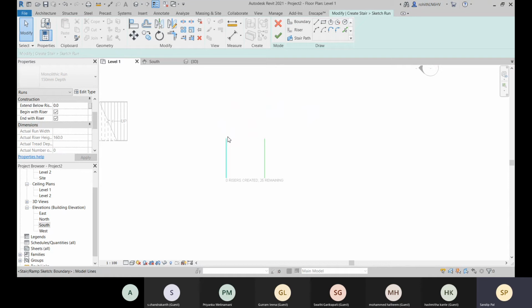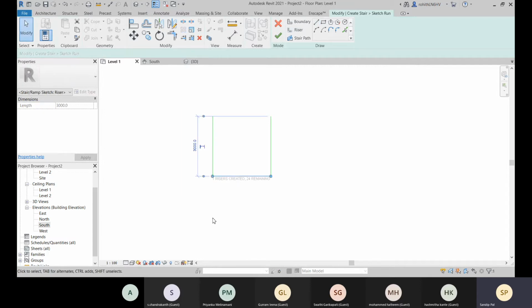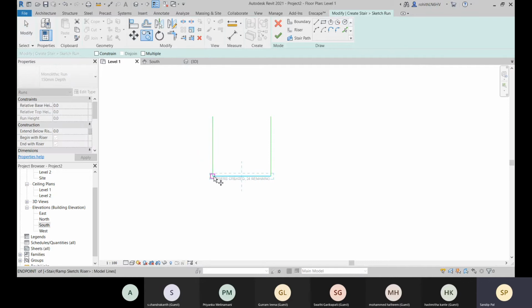The boundary cannot be closed, so we will specify the riser. This is the riser we have created, and then what we will do is go with this copy option. This is the base point, and then we will give the length.